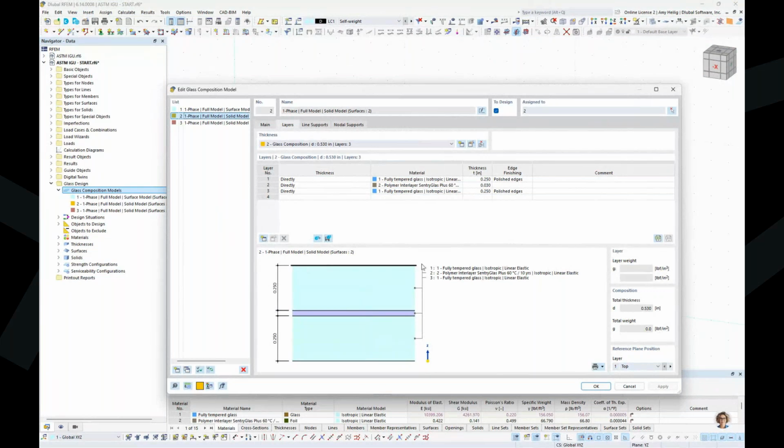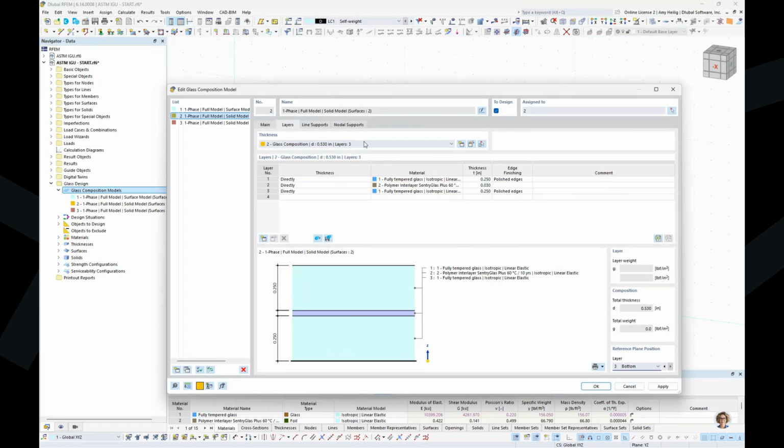And you can see this dark line indicated here graphically is currently set to the top of layer number 1. Well, I'm going to toggle this down to the bottom of layer number 3, and we see that update graphically. So the point of the reference plane is: where do we want, by default, all loads applied to this three-dimensional object? And also, where do we want all supports to be applied to this three-dimensional object by default? Now, we always have the ability to modify these placements, which we'll be doing in our example today. But again, we just need some reference point or reference plane in order to initially apply the loads and the